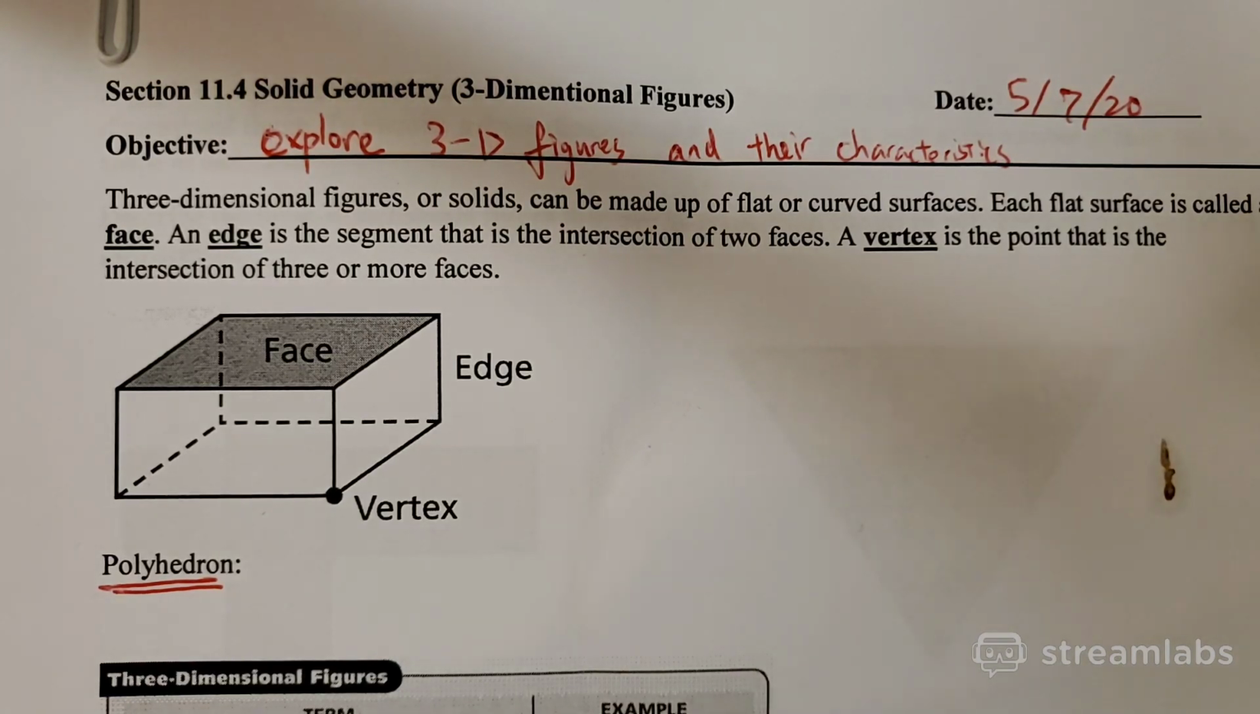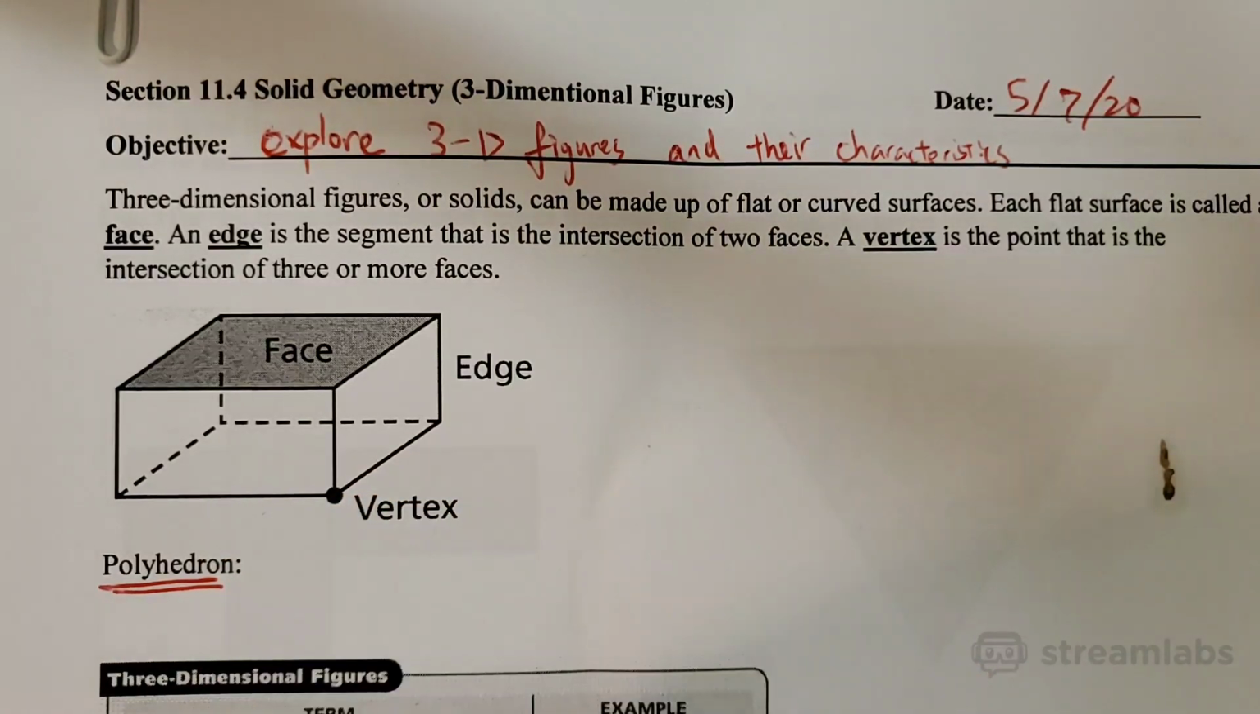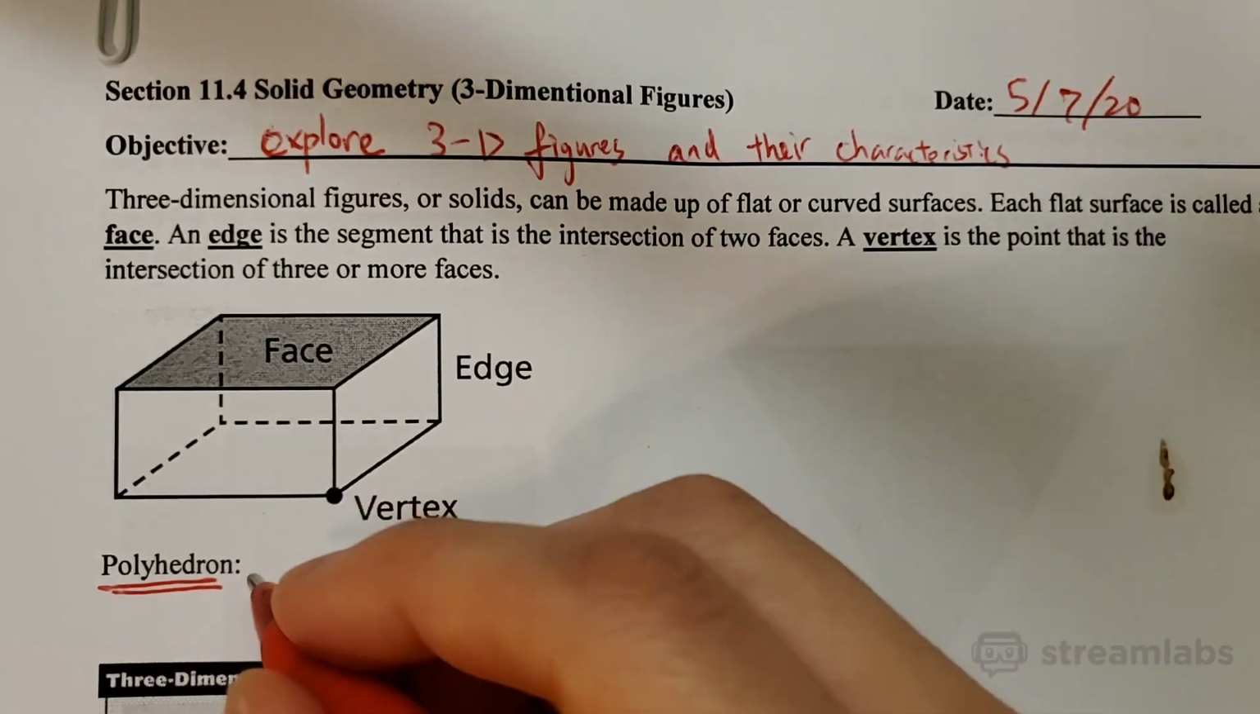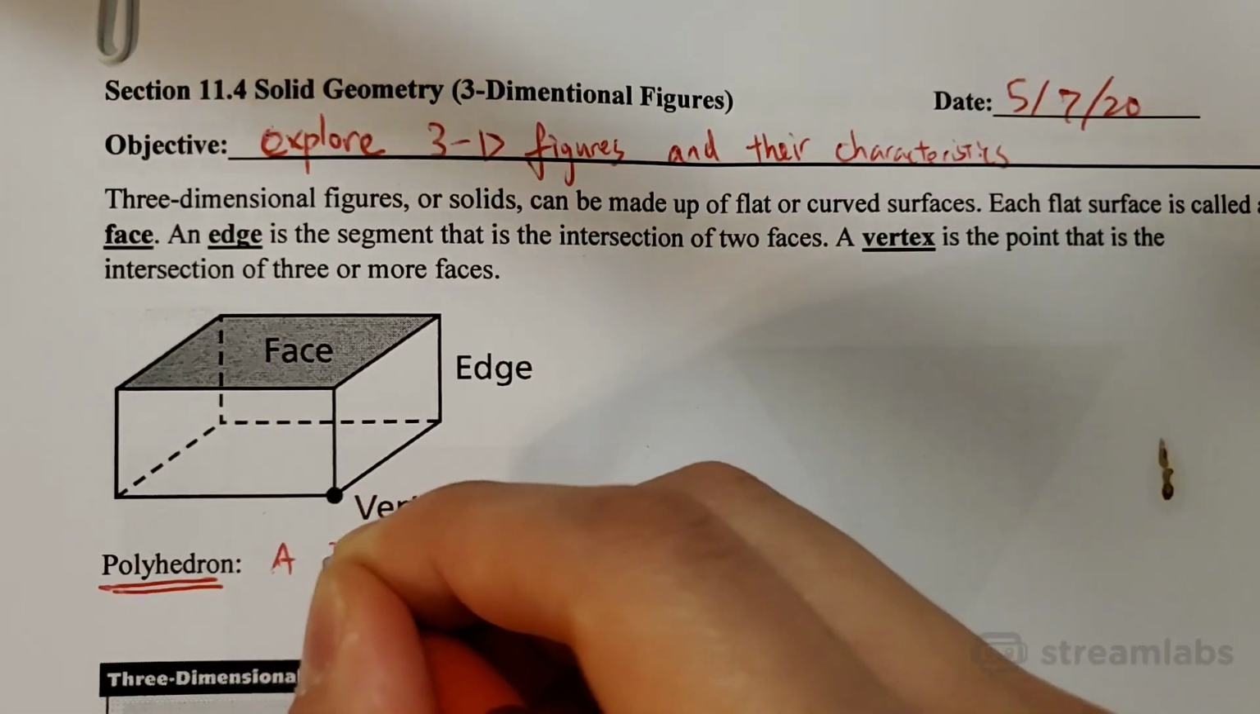Polygon, right? So polyhedron is like a 3D polygon, okay? Three-dimensional polygon. It's a 3D